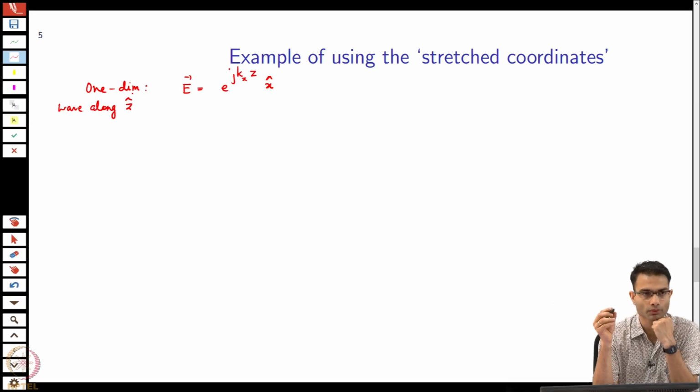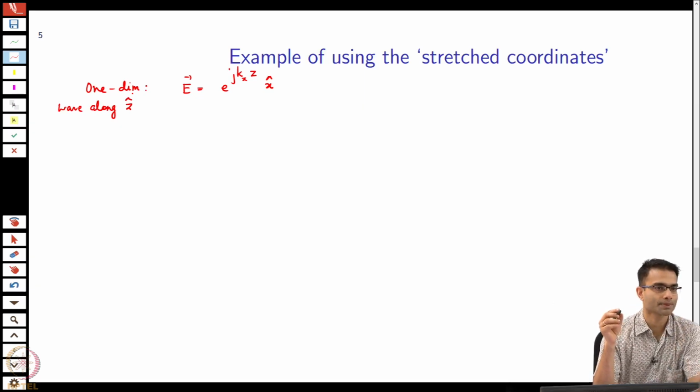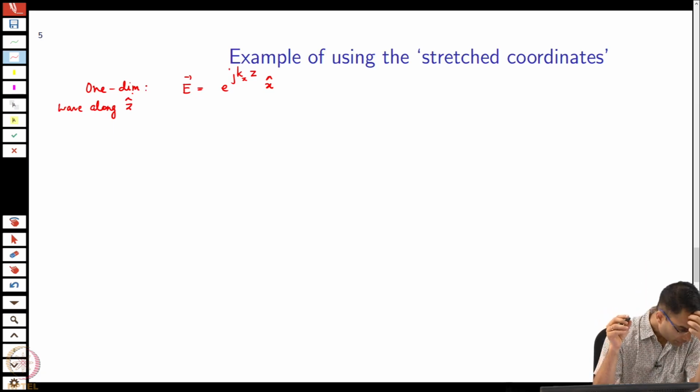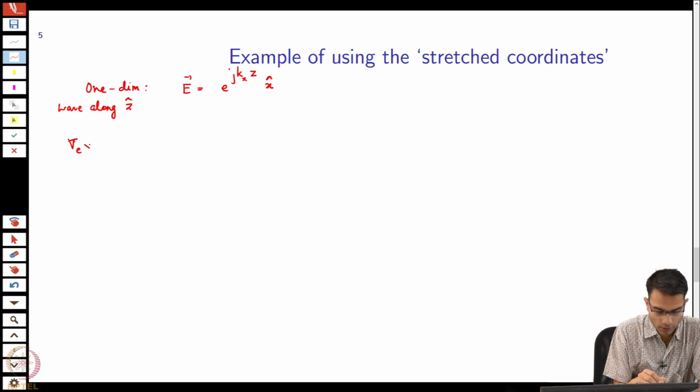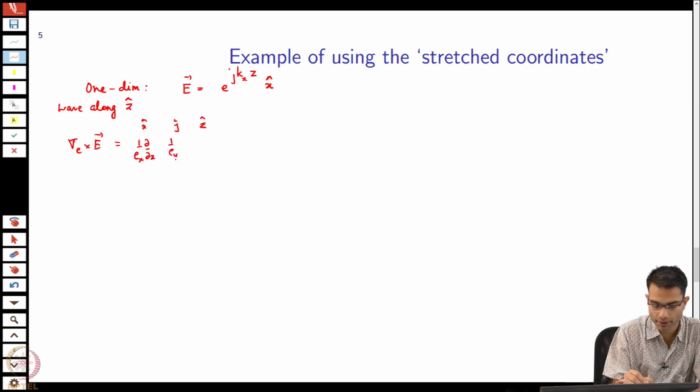So, now what do I have to do? I have to use those operators which I have defined and use the two Maxwell's equations. Okay. So, the first equation will be, for example, curl of E. This is the first equation that I use. Okay. Now, I write down this curl of E operator, right. So, x hat, y hat. So, I will just write it once for clarity. So, 1 by Ex, 1 by Ey, 1 by Ez,